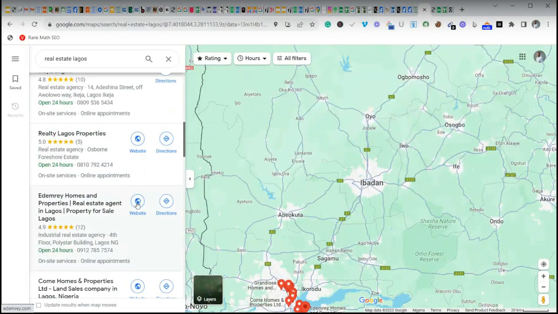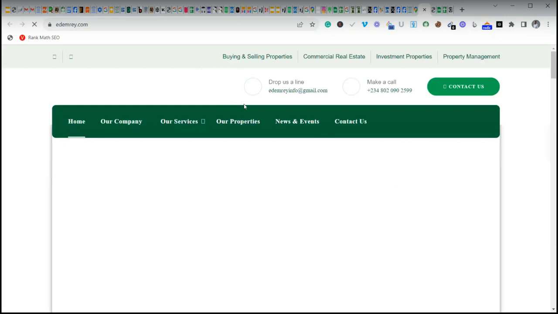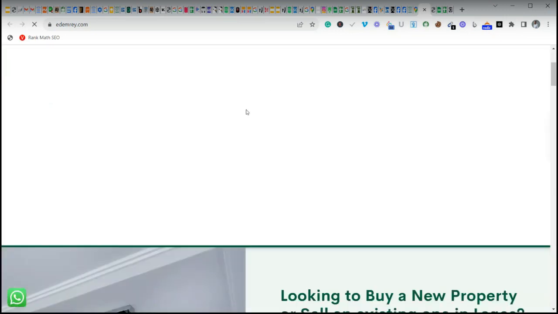Let's pick this one. We'll click on their website. Let's see what they have. And I don't want us to waste time on the Barry Lance. I think they don't have so much on their page. Okay. So this is another real estate business, you see. So this business is in